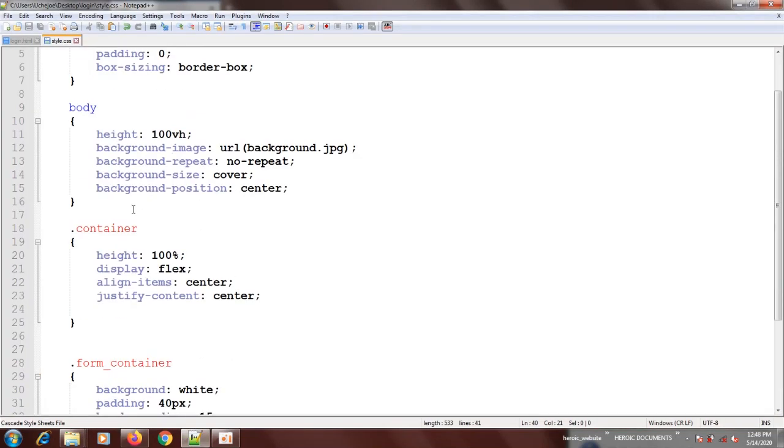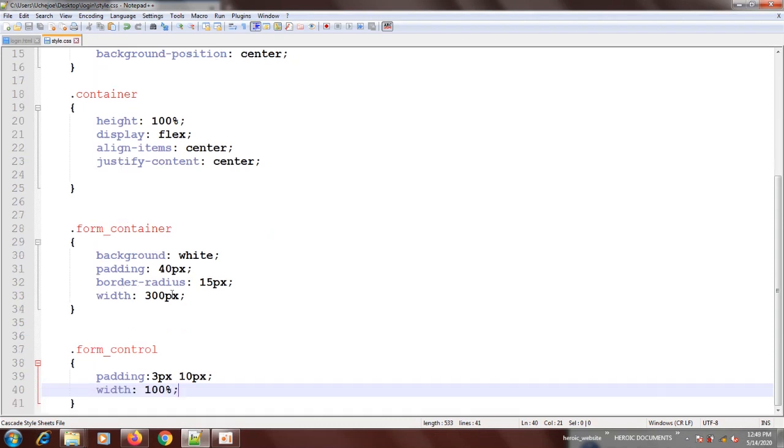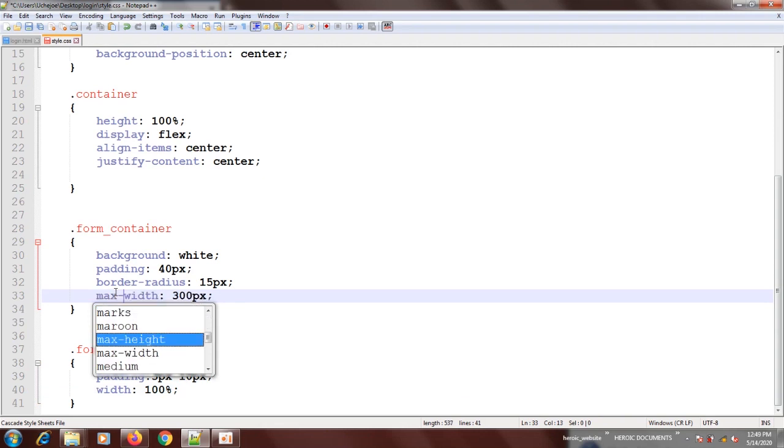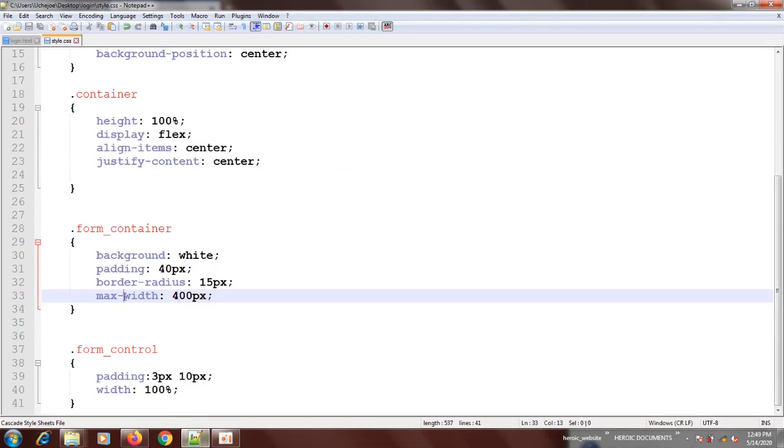Okay, maybe I have to increase the width of this control or this form container. Okay, let me increase the width to let's say 400. Maybe max width 400. Oh, sorry, I used max.